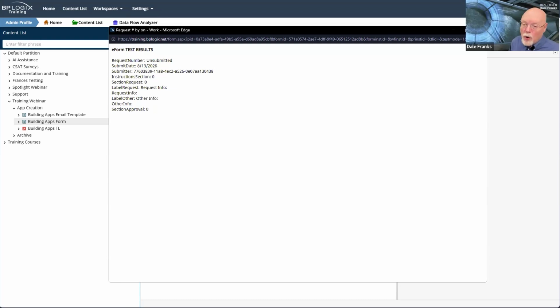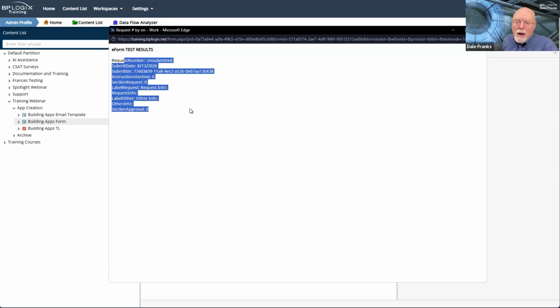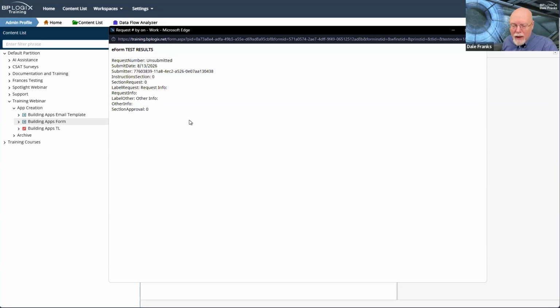Now, that is cool because it does allow me to test my form, at least on the initial creation of the form and any changes that I make to the form fields. Let's say I put value X in a form field, and by doing so, it changes the value in some other field, or it goes out and grabs some external data and fills out an array, whatever it might be. I can test all of that stuff. And then when I hit submit, it will just show me my test results, but it won't actually submit the form.